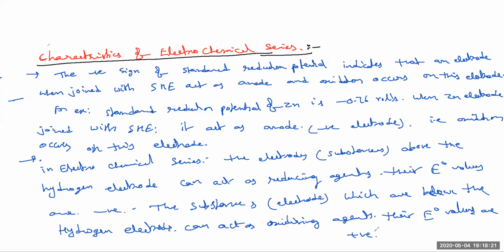So above and below. Except this, the galvanic cell is constructed by two electrodes, both from below hydrogen, or both from above hydrogen, or one above and one below, or one anyone and one the hydrogen. So these conditions I will come to explain now. Now can I clear this?